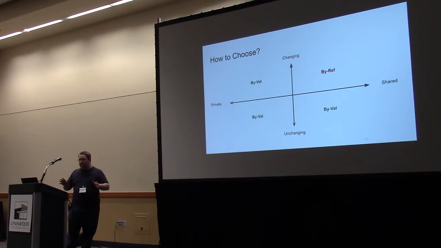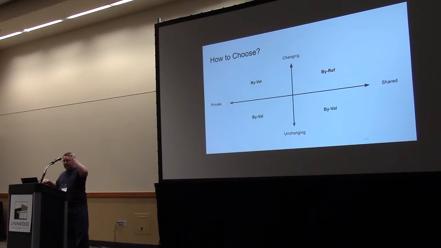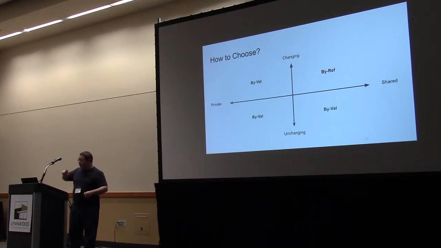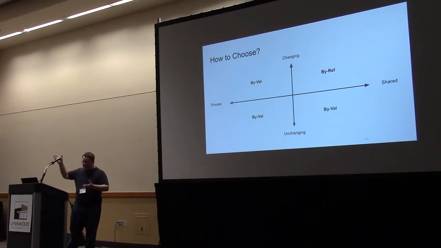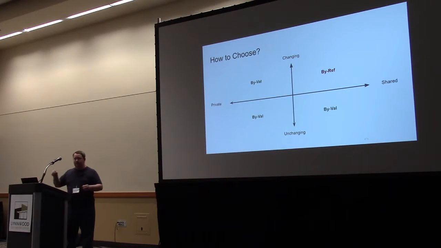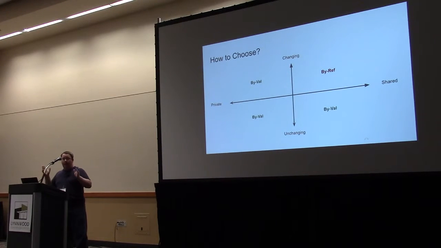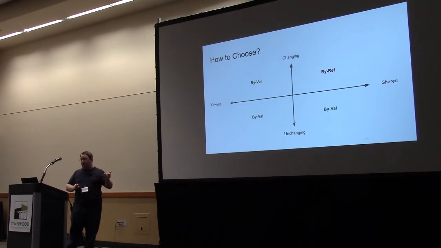So when do you need to use by reference? Well, you ask yourself two questions. First of all, is this data private or does it need to be shared? Second, does it need to change or can it remain unchanged? Is it immutable? Only if you need to share it and it needs to change do you need to use, or in my opinion, is it highly recommended to use some sort of by reference implementation, or actor framework, which effectively reinvents by reference. Any other time, you can use either one. It might be a bit simpler to implement by value, the standard LVOOP.